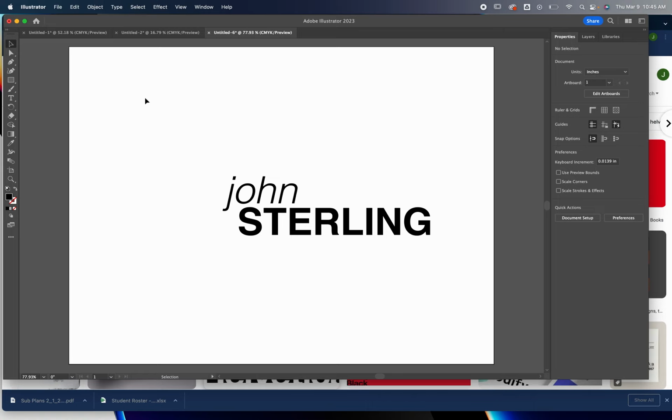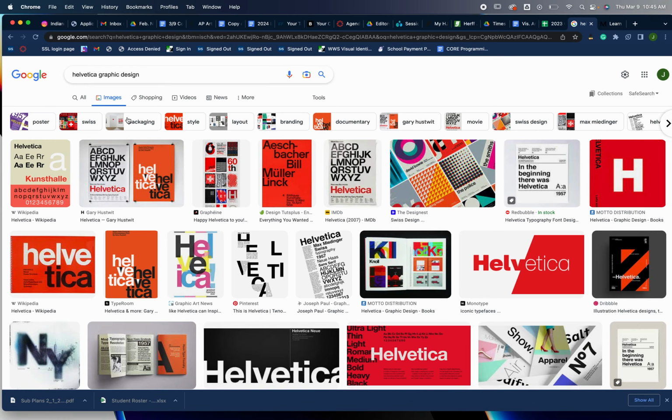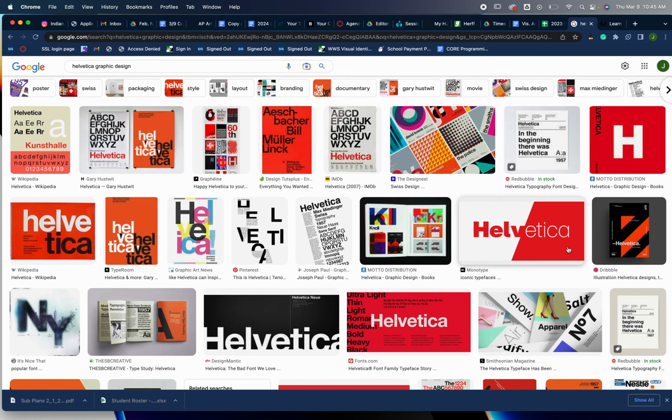Our goal is to create an interesting principle of design. Already I've started off by having two very different versions of this font, light, italicized, and bold. So that's already starting this idea of contrast. Well, here's another tip for you. Type in typography or graphic design or font graphic design or Helvetica typography, Helvetica graphic design, and you will get stuff like this. And we can see the possibilities